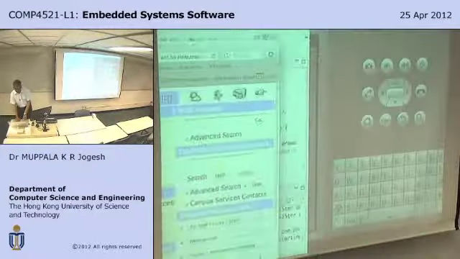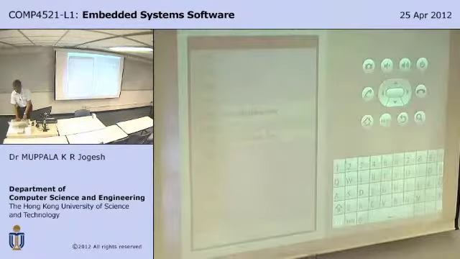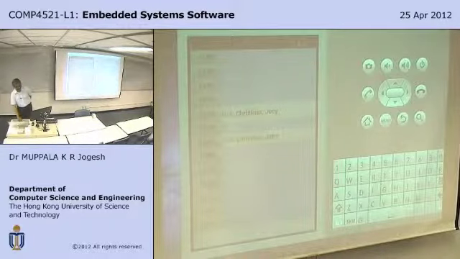Okay, next topic would be about memory management, which is yet another interesting topic to be covered. We'll do that